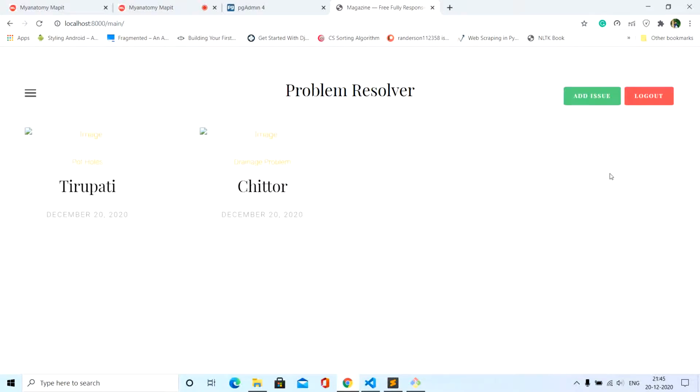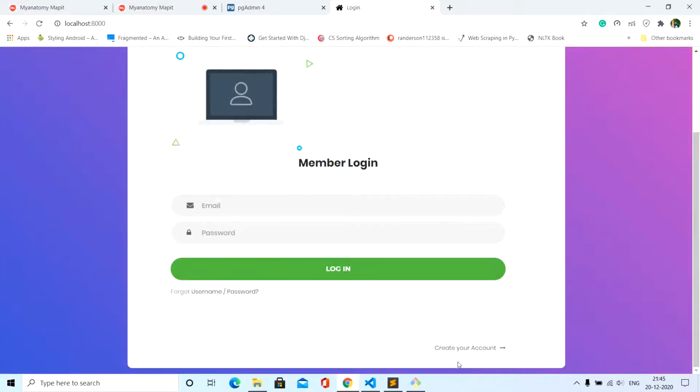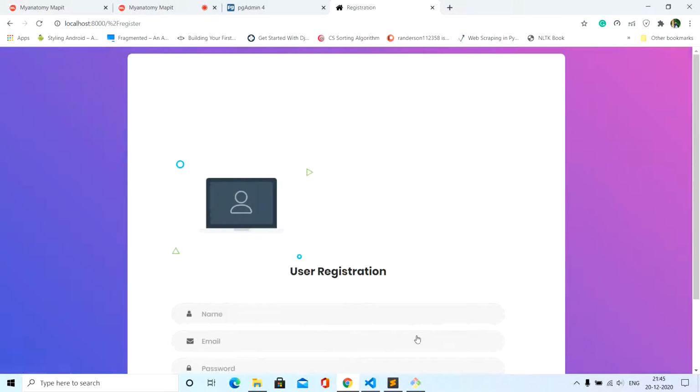Now let's log out from the application and create a new user account from where we can access all the issues added by user 1. Now let's create a new user account.